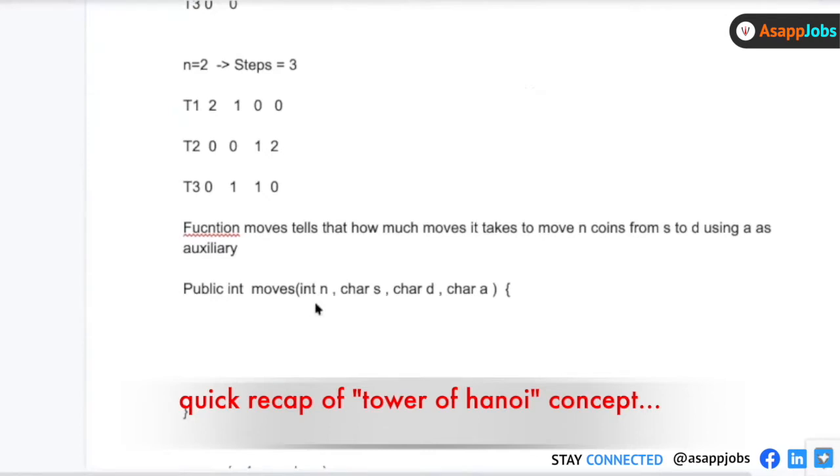And what the move function does is that if you give the number of points, and if you tell it what is your starting point, what is the destination point, and what is your auxiliary point, it will tell you the number of moves needed to move n points from the starting to the destination using auxiliary, right? The S is not indicating starting, so don't be confused with that. You just have to take that whatever is the second argument will be my starting point, the third argument of this method will be my destination, and whatever I put into the fourth argument will be my auxiliary node, auxiliary table or auxiliary stack. Okay, and this gives me the total number of moves.